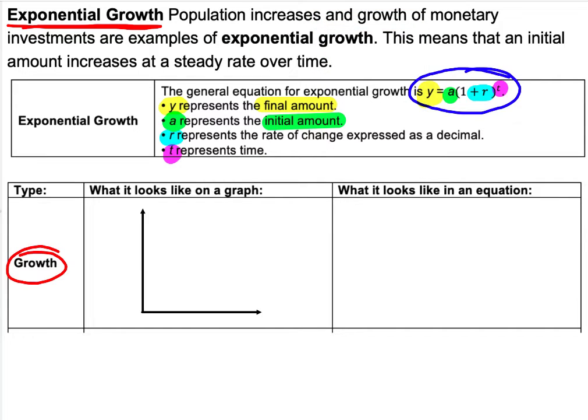So what it looks like on a graph. So here's my y, and time is going to be my x-axis. It's going to start at some amount. That's my initial amount, A. And it's going to start to grow, but that's going to go faster and faster and faster. And it's going to be that exponential growth where it's going up by a larger and larger amount because